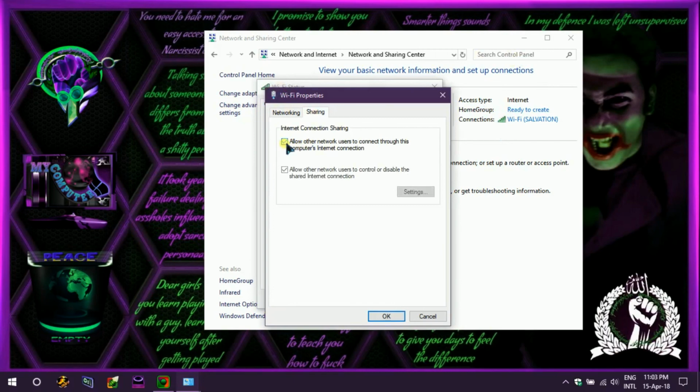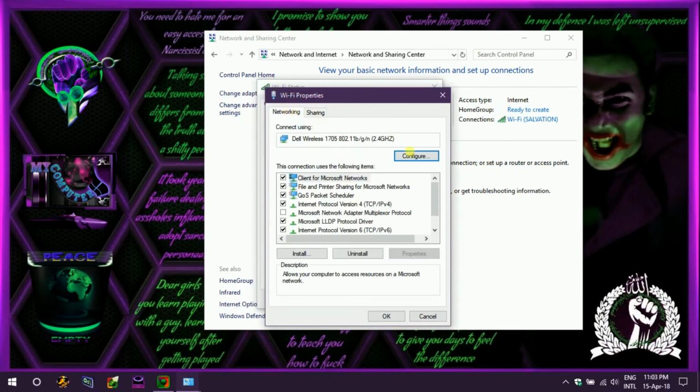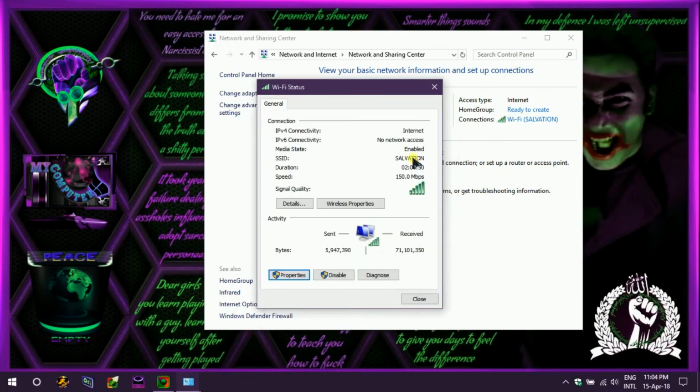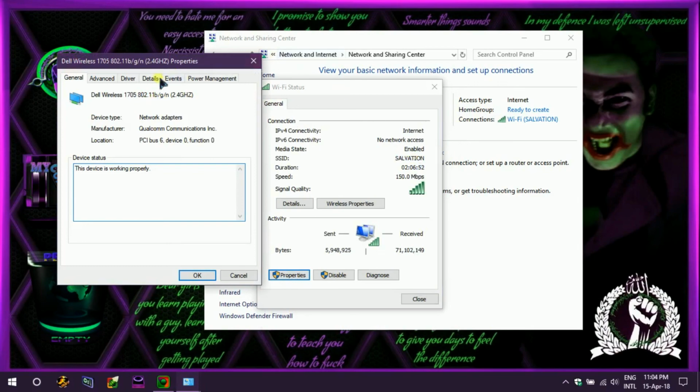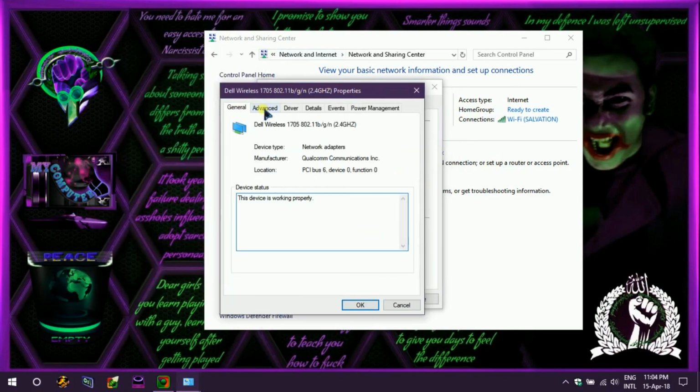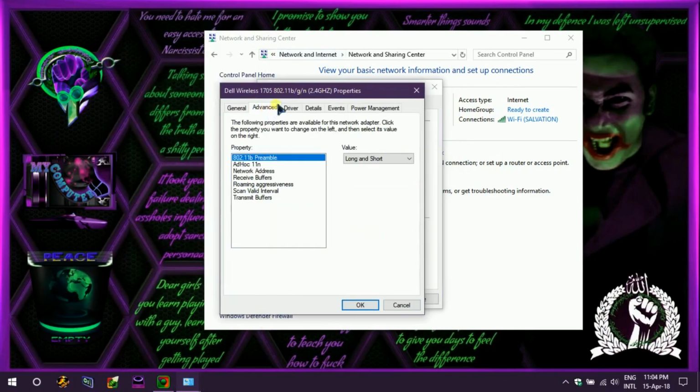And here you should make sure this allow button is unchecked, and then go back and then configure. You have to click on Advanced and then go to Roaming Aggressiveness. Here you can find Roaming Aggressiveness and then click on the lowest. You might find Medium or something. You have to go for the lowest. Click on the lowest, click OK,